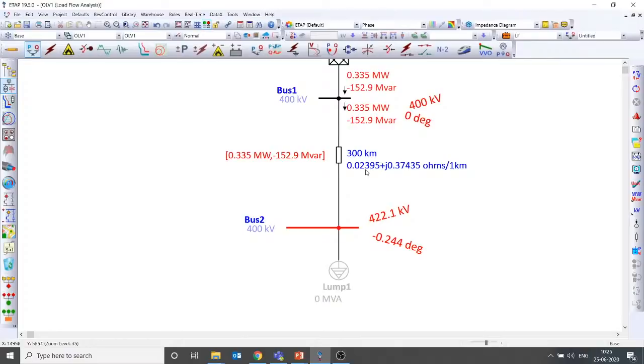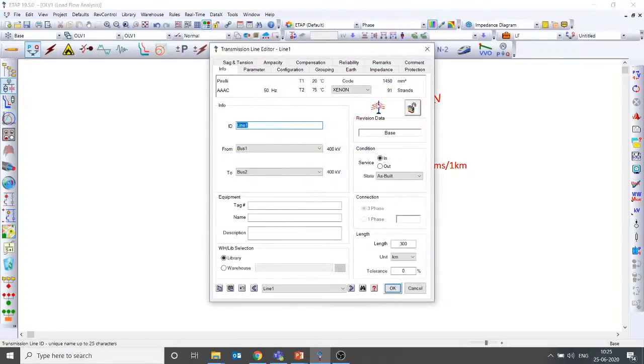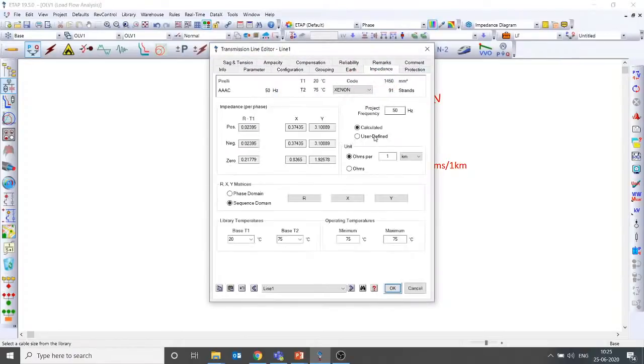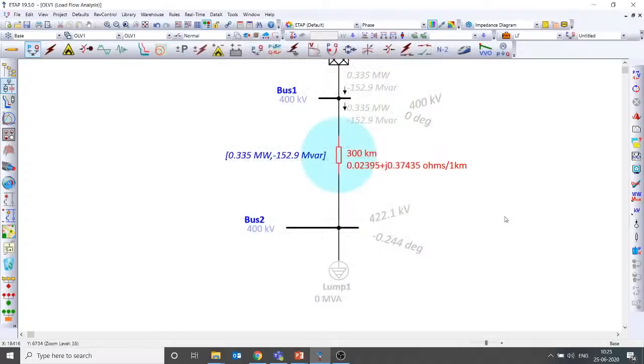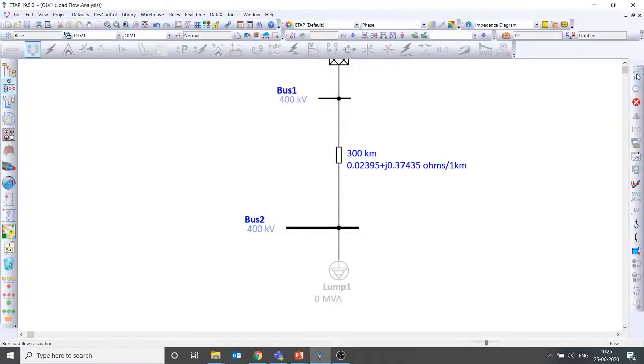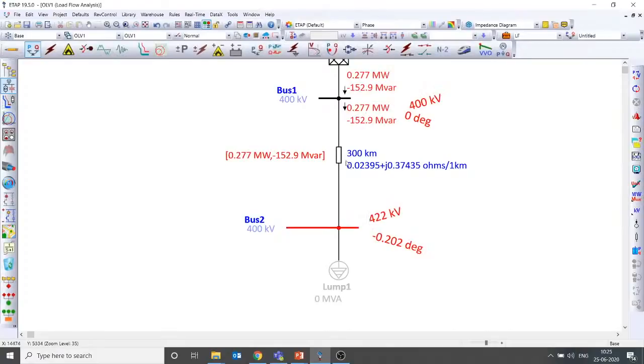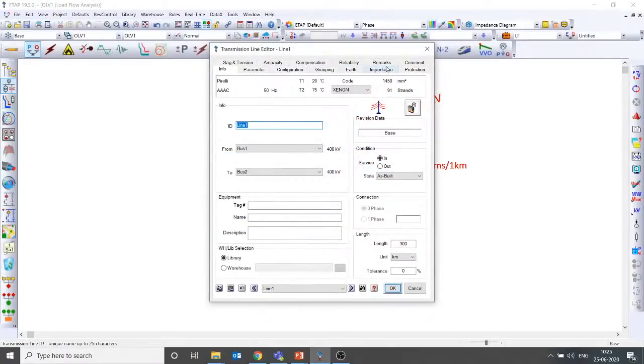That's Ferranti effect. But before that, if I want to show one more thing, this happens because of shunt capacitance. What I am doing, I am just trying to simulate one more case for you to prove that it happens just because of shunt capacitance. If shunt capacitance is not there, then it will not have any Ferranti effect. To prove that, what I have done, I have made the capacitance value, sorry, I should make it 0,